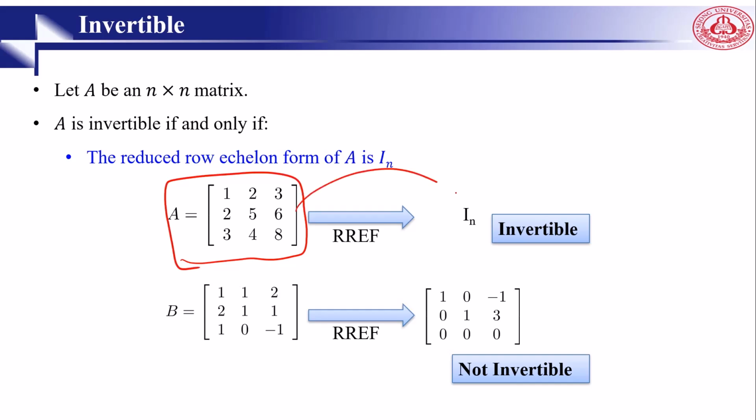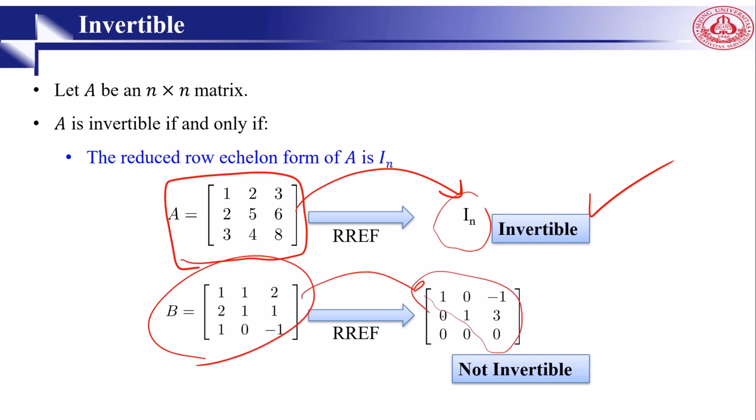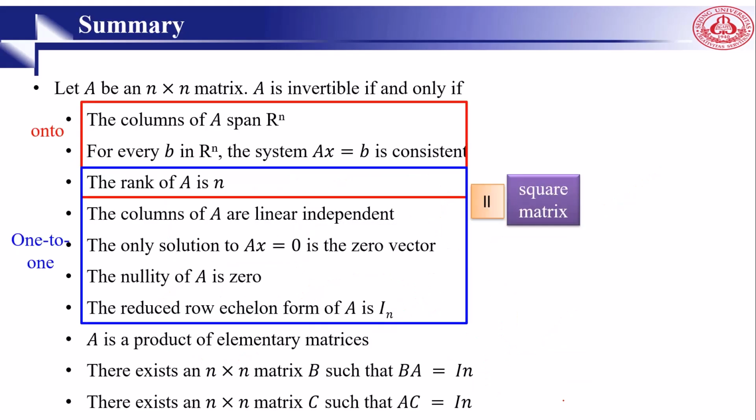If we can reduce this one to In, then we say it is invertible. But for this one, the row echelon form is not identity, so we say it is not invertible. So, in summary, if we have an n by n matrix, it is invertible if and only if